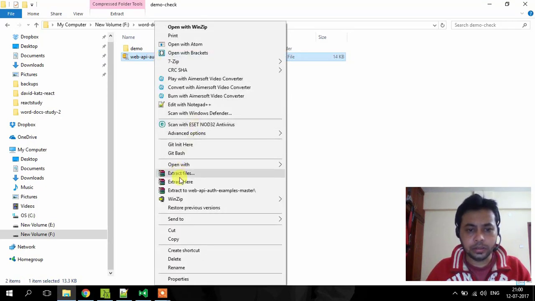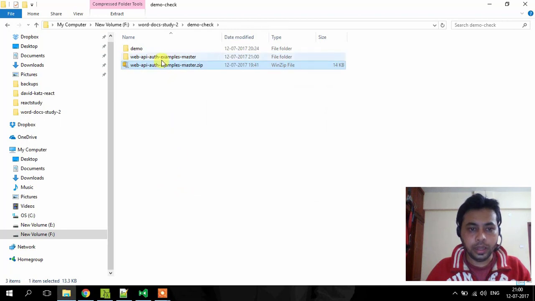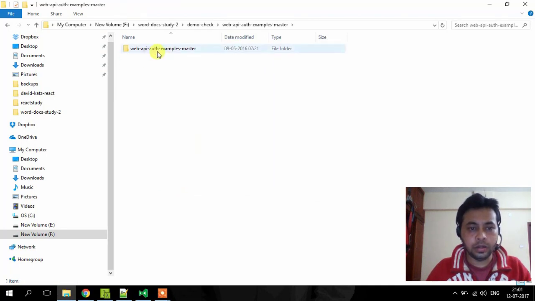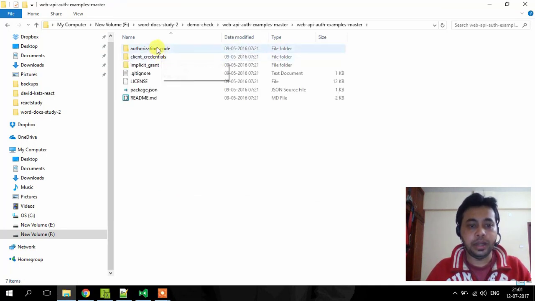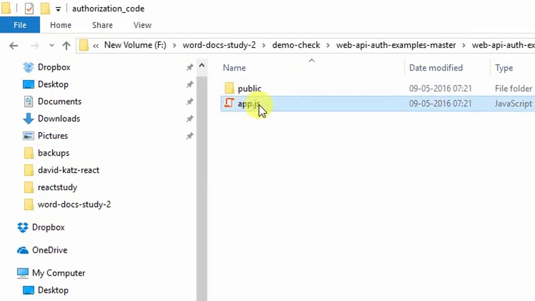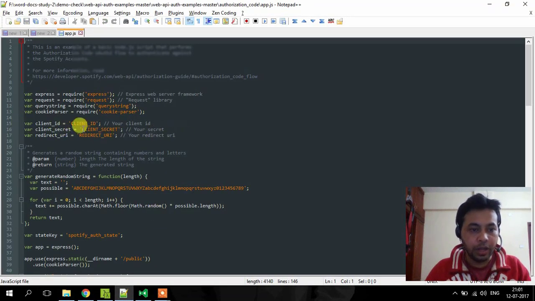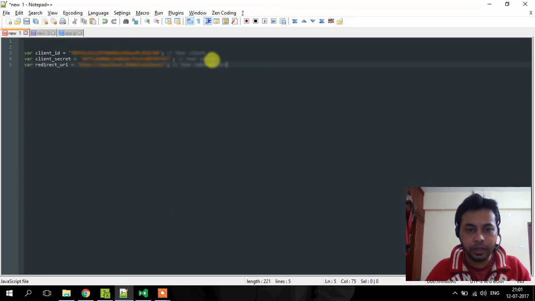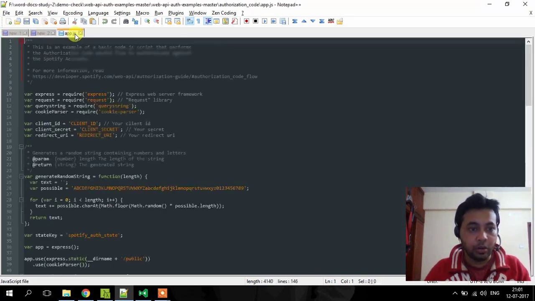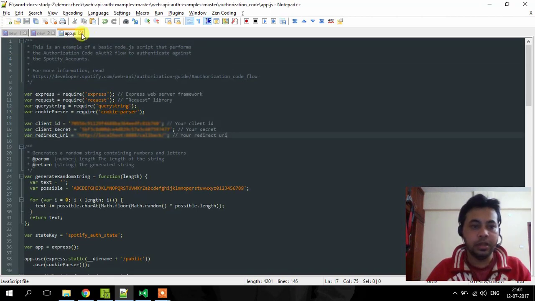I'll unzip this and open it, and in the authorization underscore code folder, open the app.js, where you will have to give all these three details. Since I have already taken a note of these things, I'll replace that with my credentials, save it,